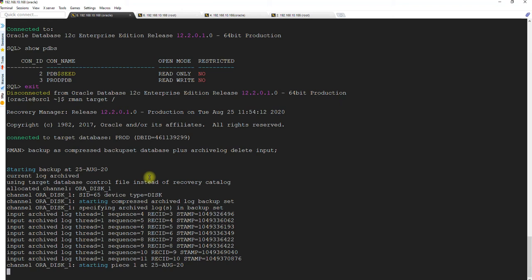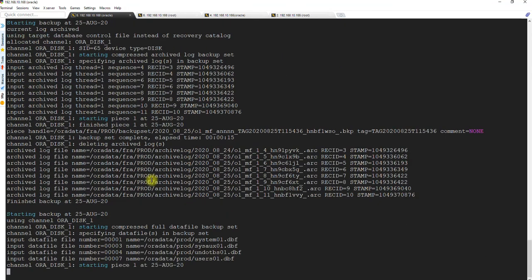Because we will be transferring the backup and restoring from the secondary server, we need to make sure that we transfer all these backup files to a specific location and then restore from there. So I'll show you how it's done.